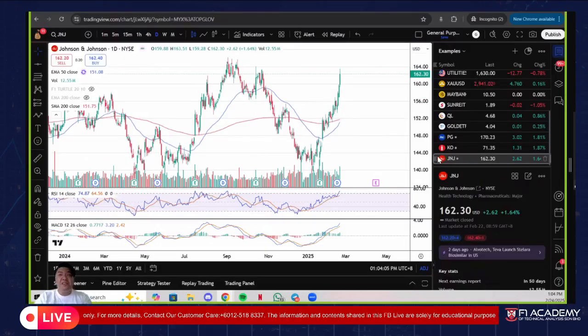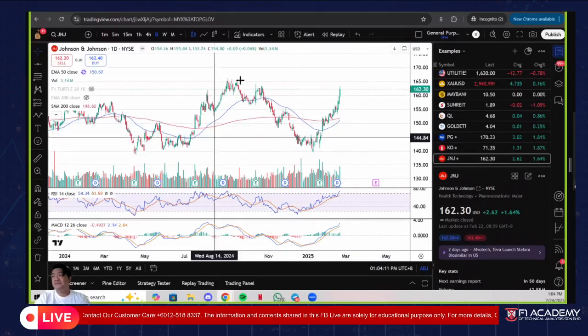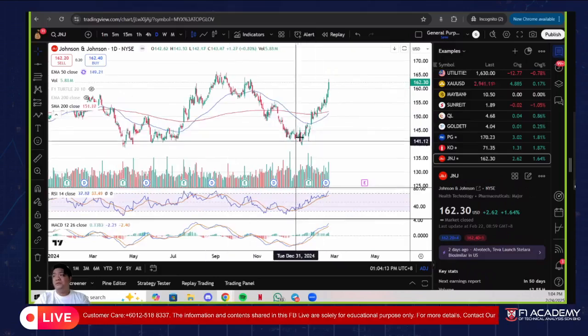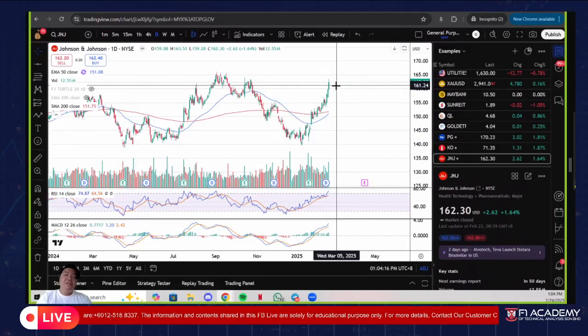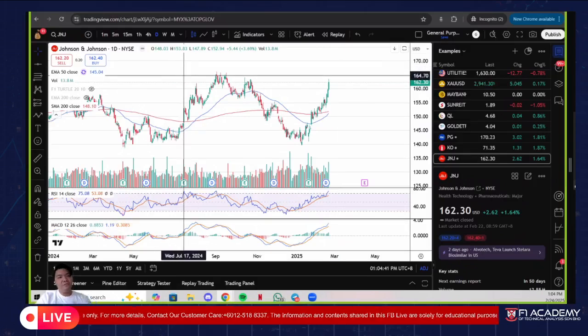Third one, Johnson and Johnson, like Johnson's baby. Look at that, up since December. So despite all these uncertainties, these are certain ideas to get your head around on how to preserve my capital. Where are my other opportunities? If I'm not sure what to fish for, that just gives you a clearer picture of where you want to look and how to diversify while we wait for the market to strengthen back. You want to put it that way, right?